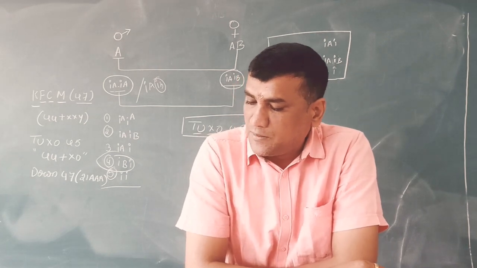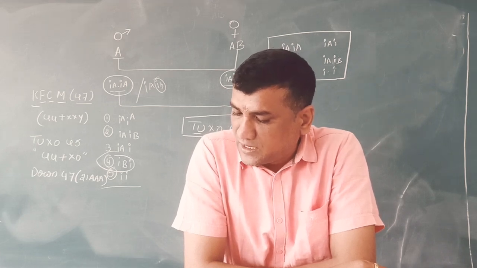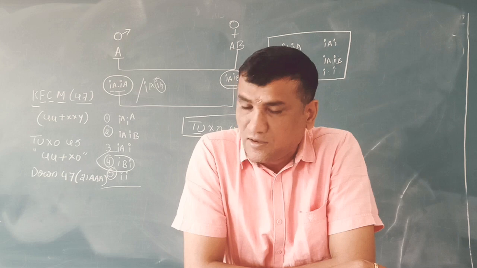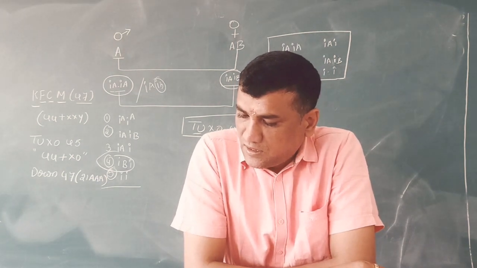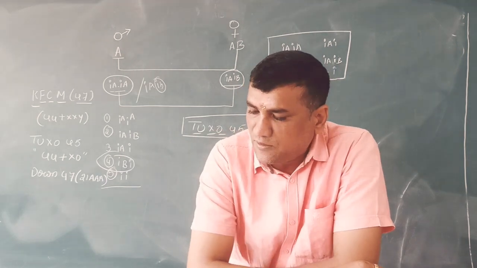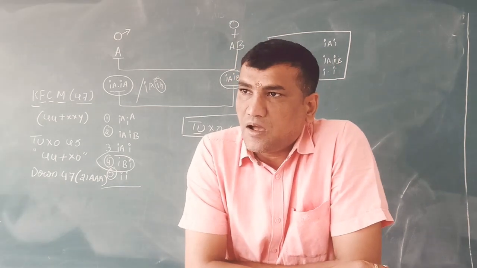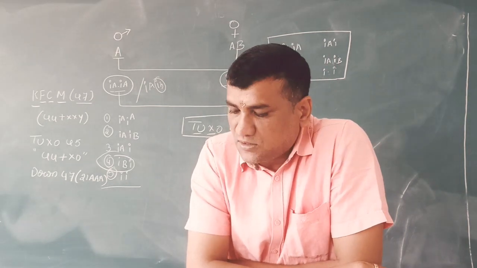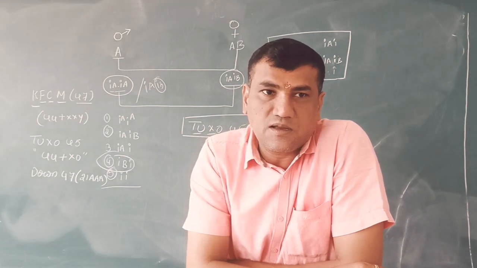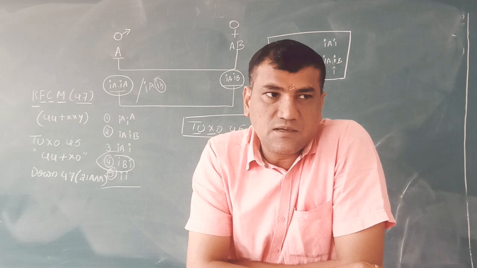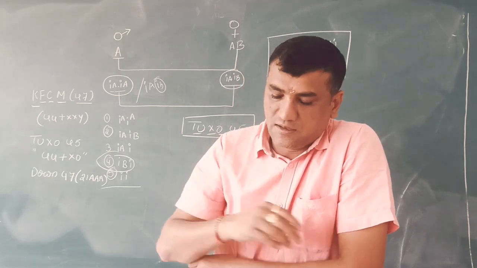Of a normal couple, half the sons are hemophilic while half the daughters are carriers. The gene is located on obviously X chromosome. Father is hemophilic or not here? Father is not hemophilic.